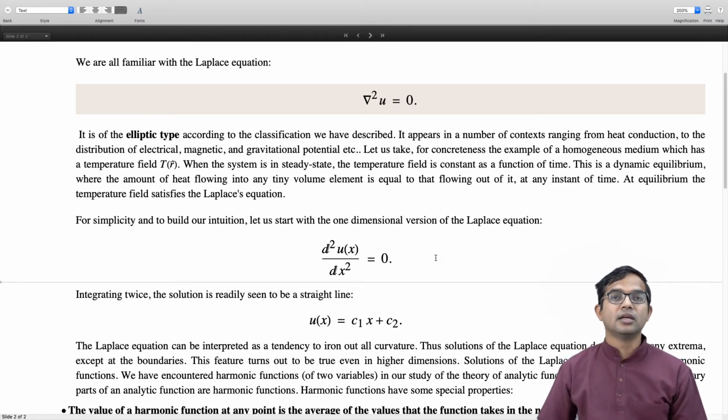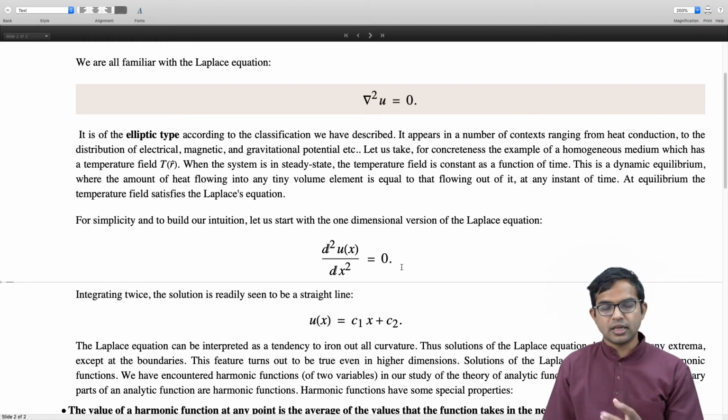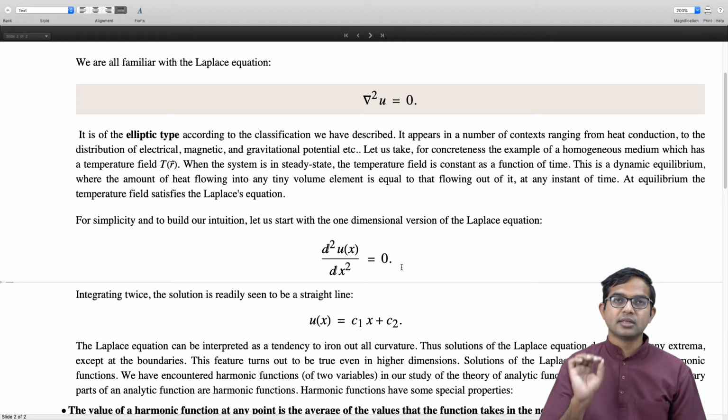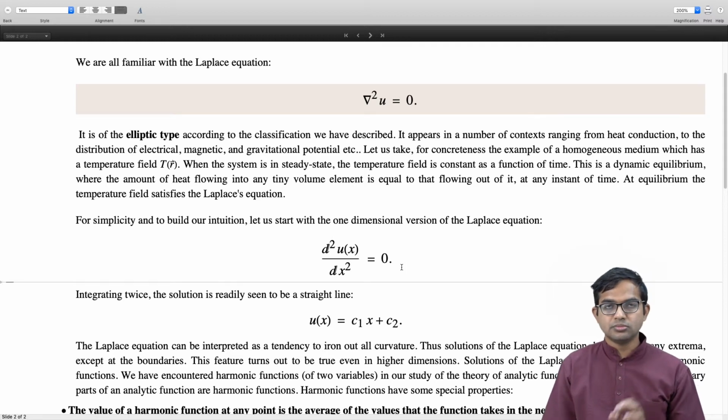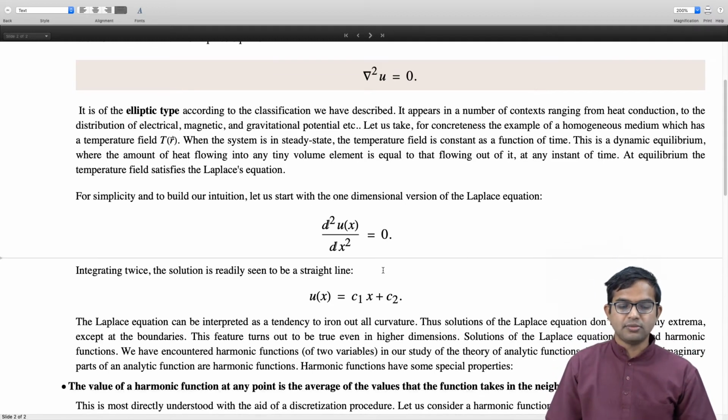We have seen that for analytic functions, the real and imaginary parts both are separately harmonic functions. So now harmonic functions, like we just said earlier with the 1D case, satisfy these 2 crucial properties. One of them is that the value of the harmonic function at any point is the average of the values that the function takes in the neighborhood of that point,